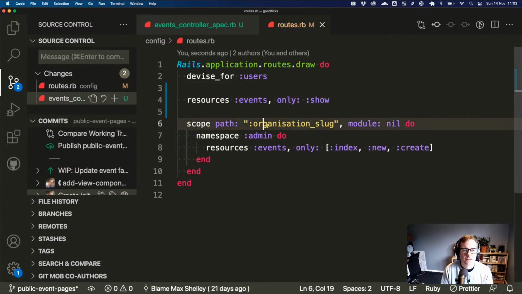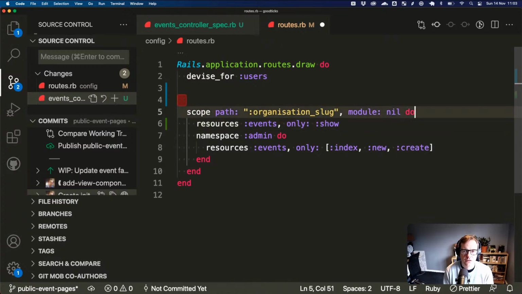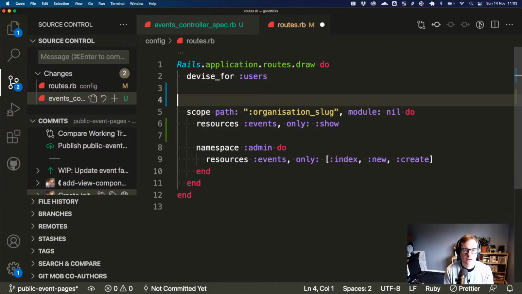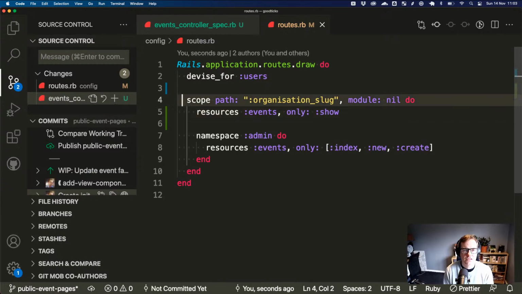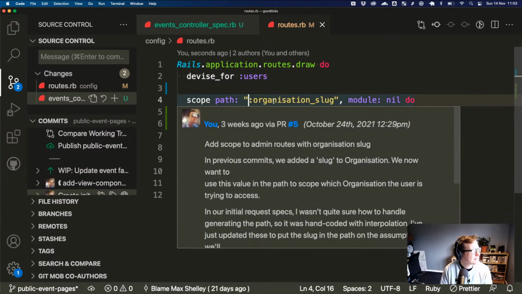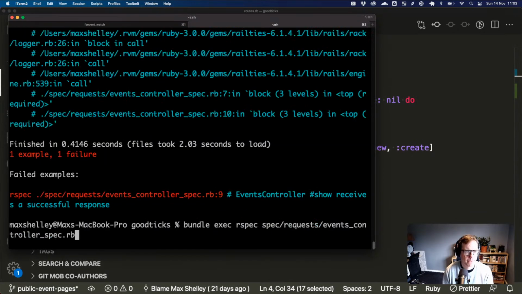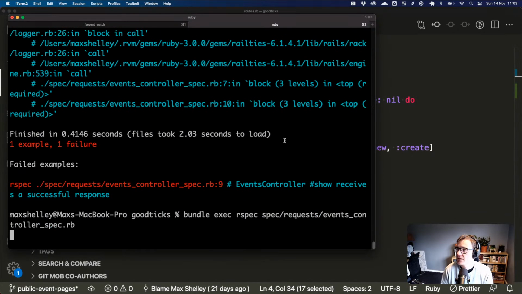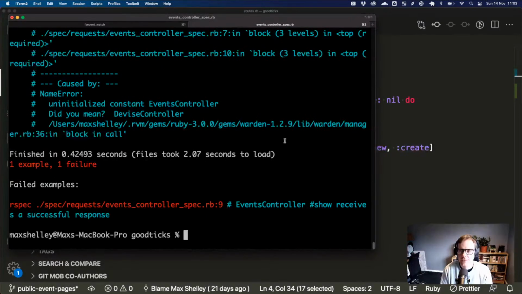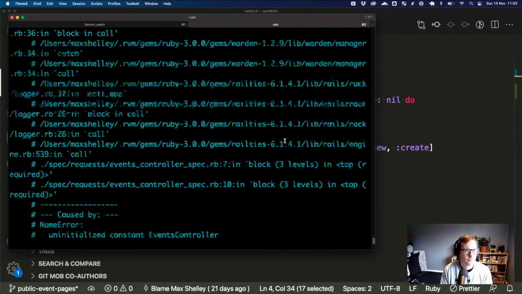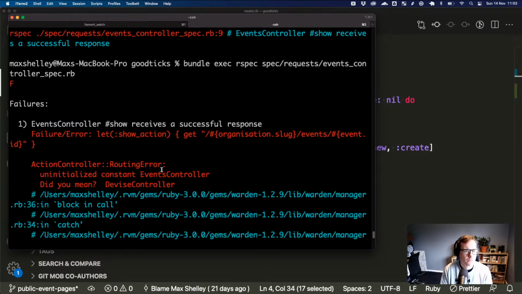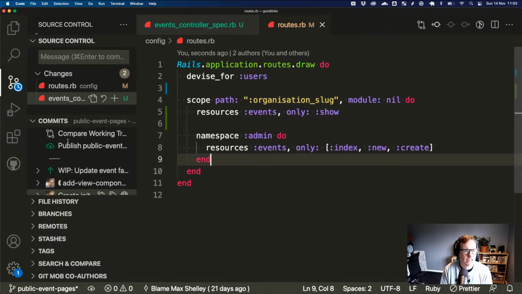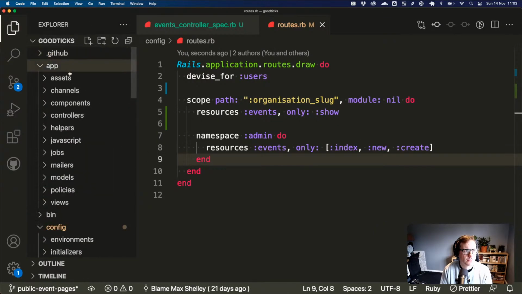No, we expect it to still be scoped in here. That's the wrong place. We still expect it to be within the organization slug. At the moment, we're always going to have it within organization slug. Again, all of this is changeable stuff, but this sort of makes sense for now. Great, so now it's saying I don't know how to get to that file, which is good, because we haven't made one yet.